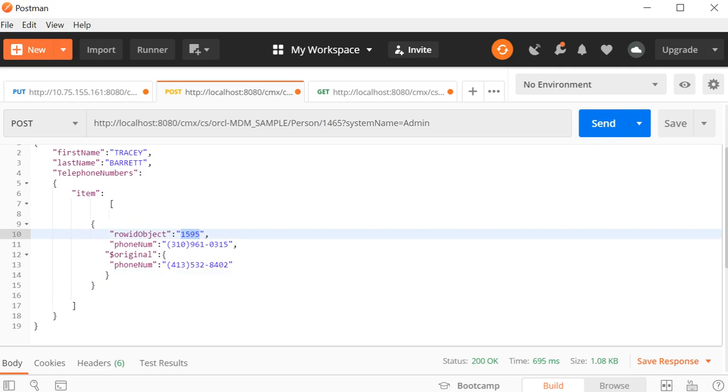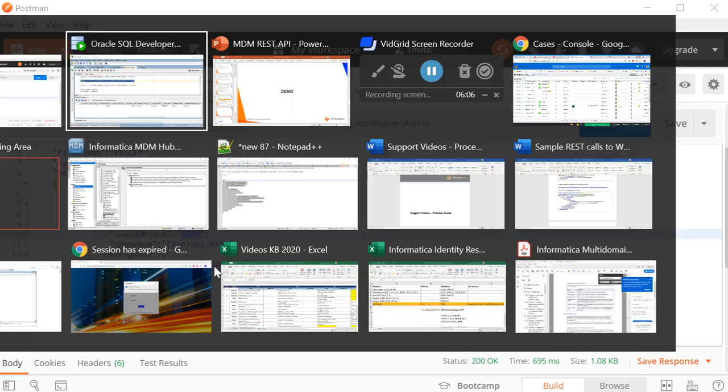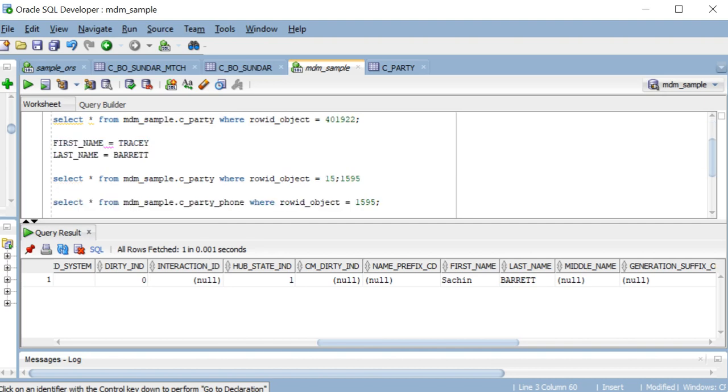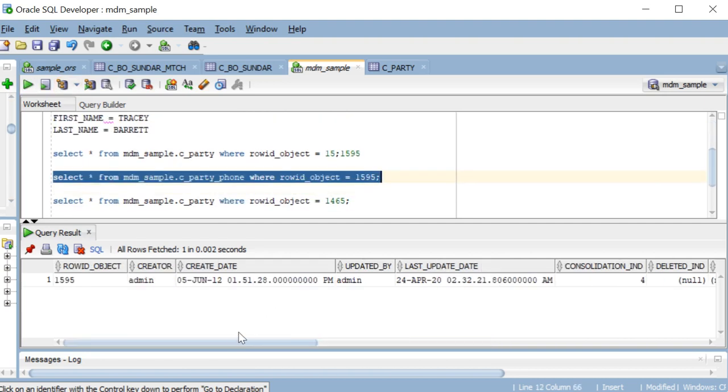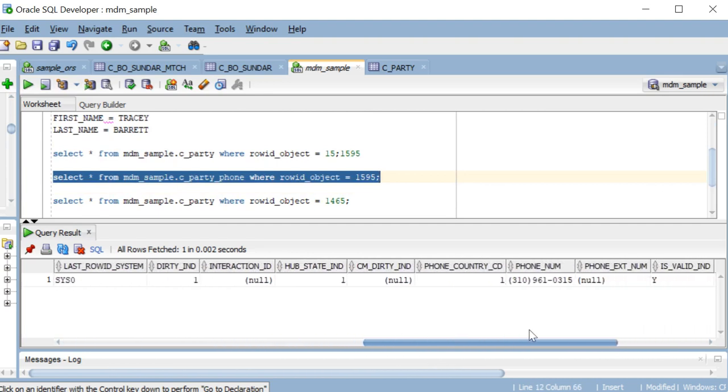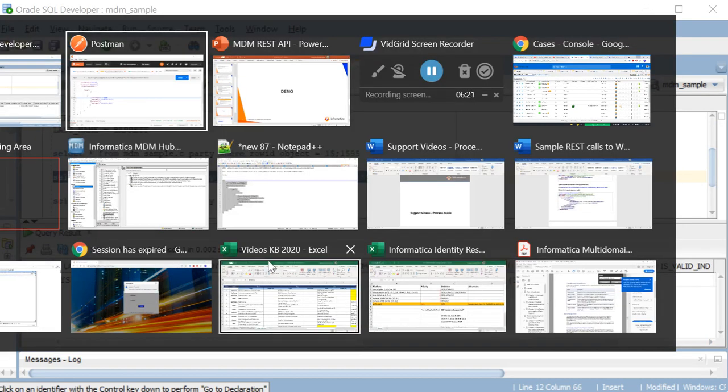Now let's try to check what is the original phone number that we have for this 1595. So currently the phone number starts with 310. Now let's try to update this record.